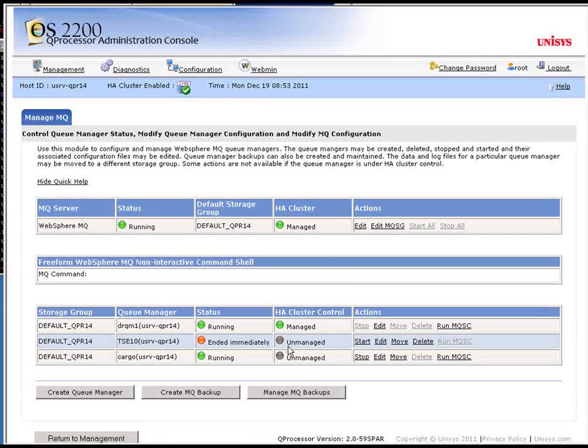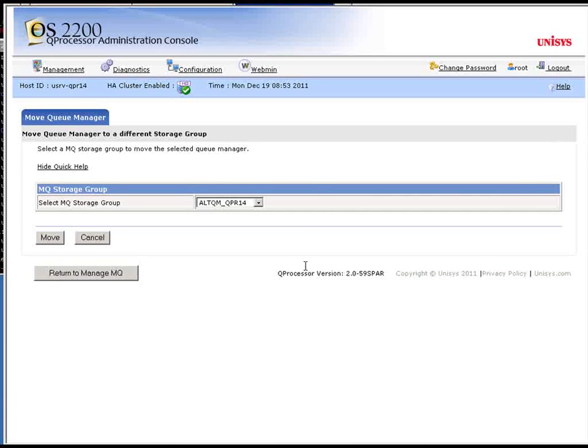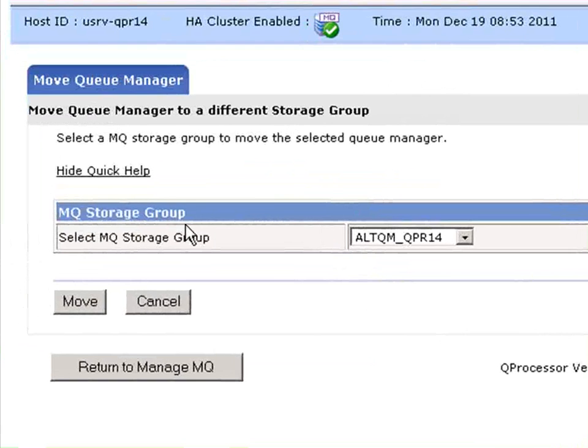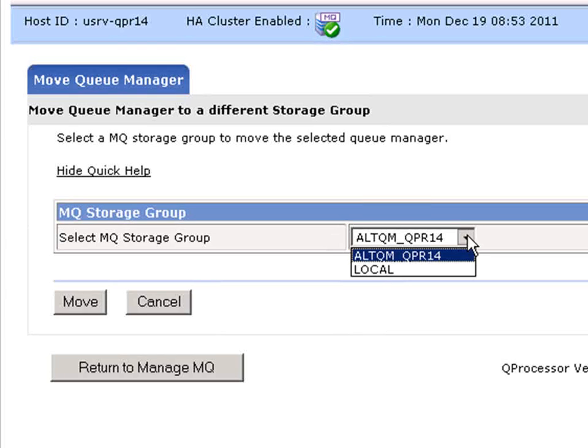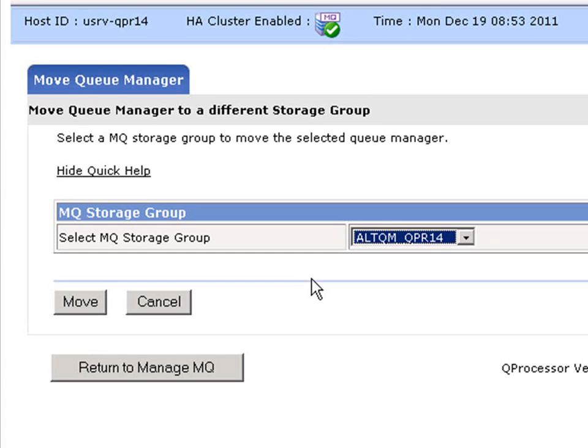There are instances where a queue manager is stopped and you have previously tested it on your test systems. You plug in the LUNs and you would like to move it to a different storage group, onto the storage groups you're using for production, for instance. So this shows the available storage groups for this system. If you're in a cluster, just beware that this will only show the storage groups that are mounted on this particular system, not the